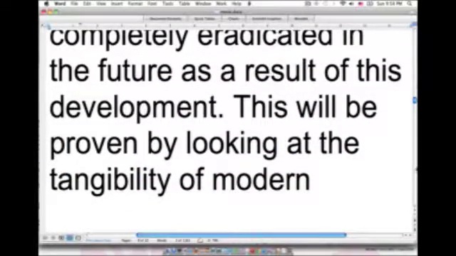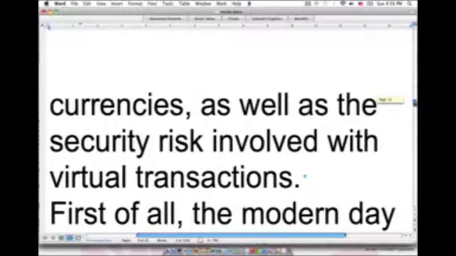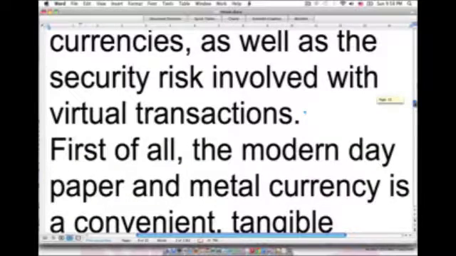This will be proven by looking at the tangibility of modern currencies, as well as the security risk involved with virtual transactions. First of all, the modern day paper and metal currency is a convenient,